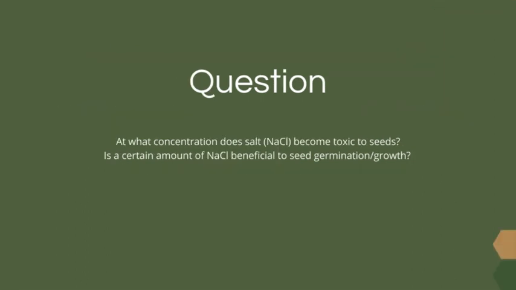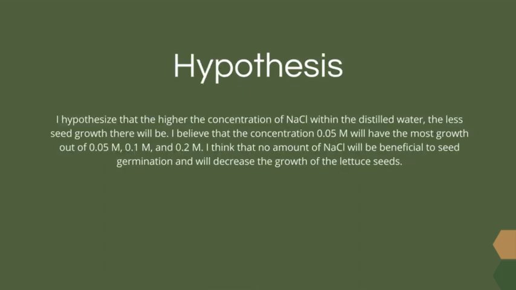processes. The questions that will be answered in this project are: at what concentration does sodium chloride become toxic to seeds? And is a certain amount of sodium chloride beneficial to seed germination? I hypothesize that the higher the concentration of sodium chloride, the less radicle germination there will be found. I believe that no amount of sodium chloride will be beneficial to the growth of Lactuca sativa and will only